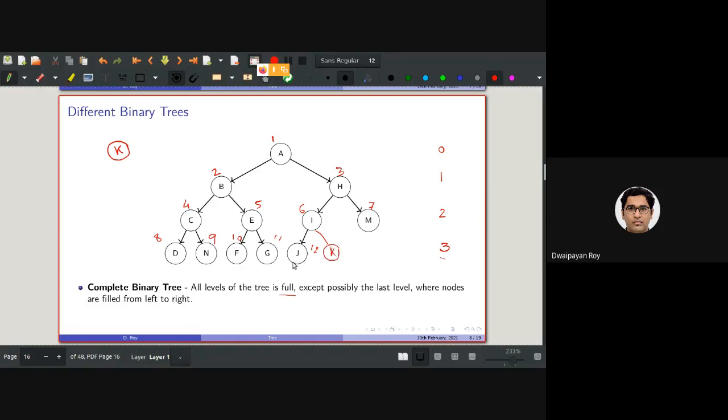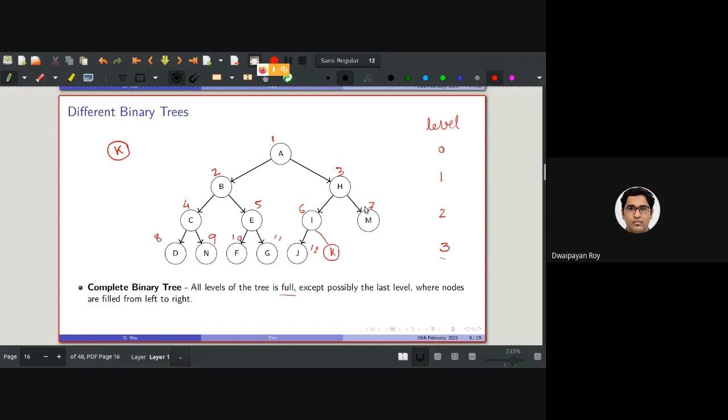Okay, another question. These are the levels, right? In the 0th level, there is only one element at most, because it is a tree, and in the 0th level only the root will be there, and so on.